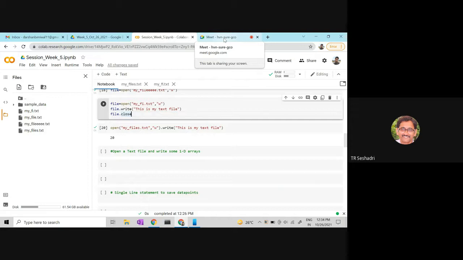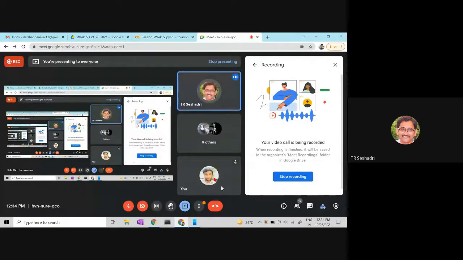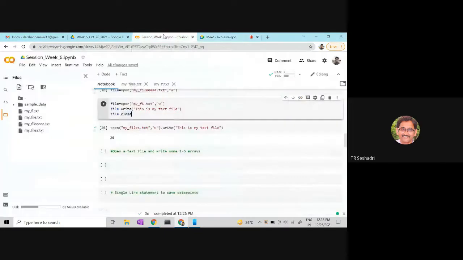So I have a statement like AAA equal to open 1.txt, W, and BBB equal to open 1.txt, W. The same argument in the first one. AAA equal to open 1.txt, W, whatever.